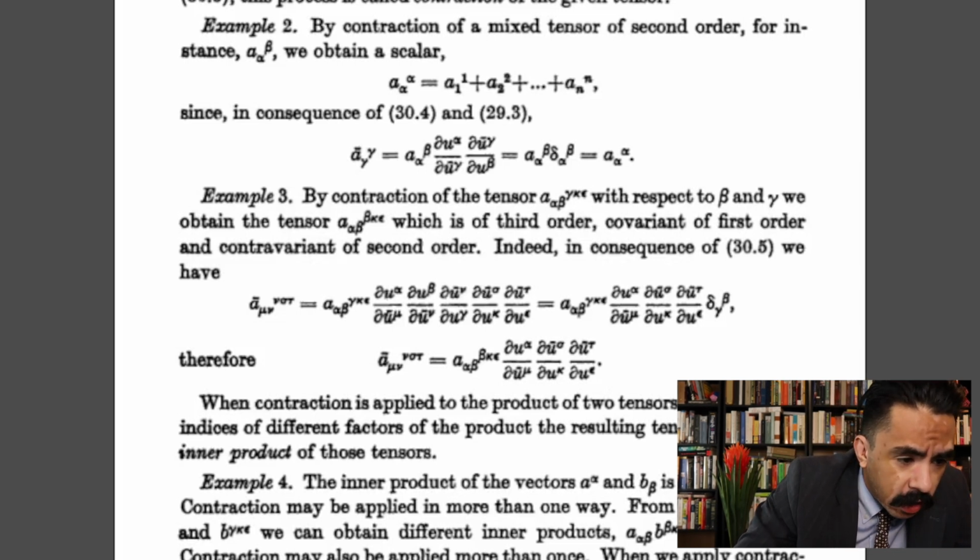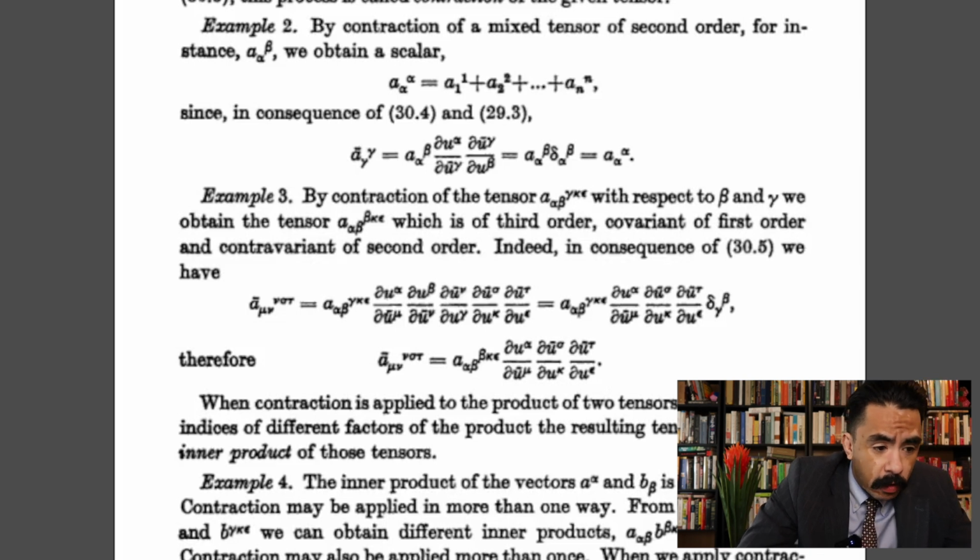a sub alpha beta superscript gamma kappa epsilon times partial u alpha partial u over bar mu times partial u beta partial u over bar nu times partial u over bar nu partial u gamma times partial u over bar sigma partial u kappa times partial u over bar tau partial u epsilon, which is equal to a sub alpha beta superscript gamma kappa epsilon times partial u alpha partial u over bar mu times